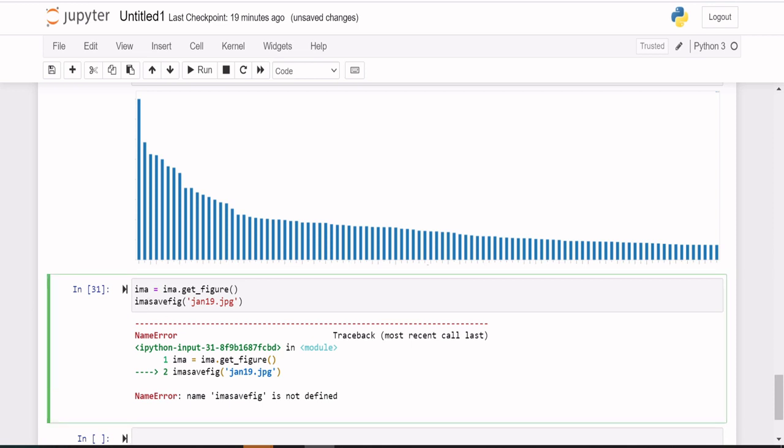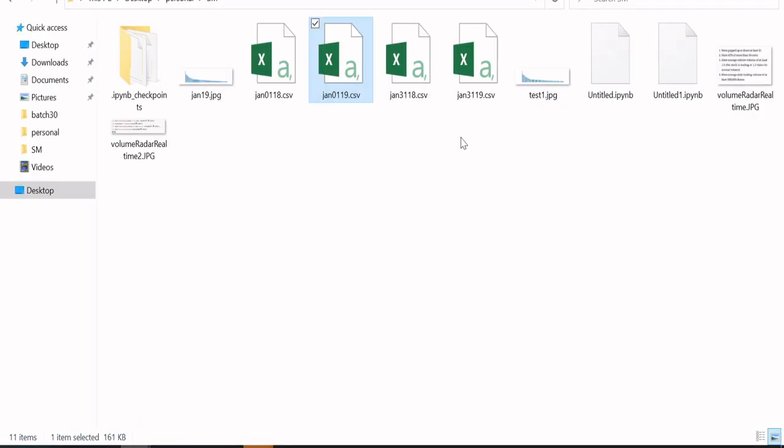Now you can see that it has created a file called jan19.jpg. Let me zoom in to get a clear picture of the stocks.